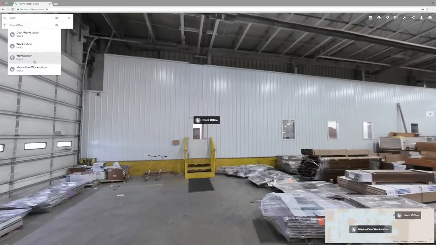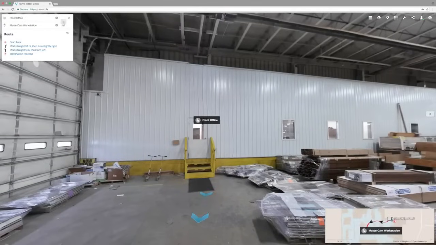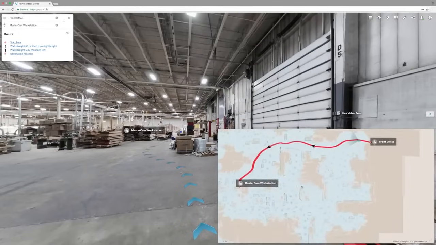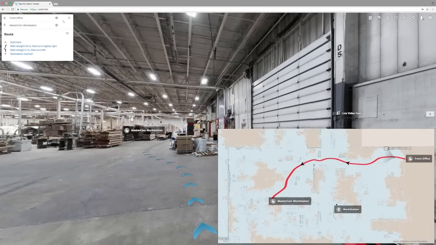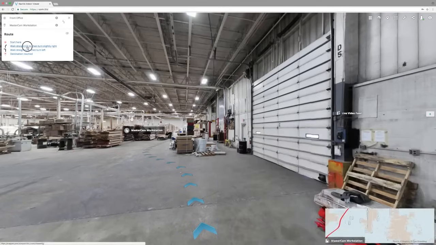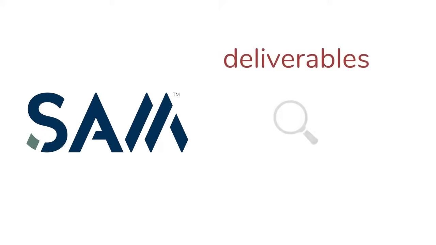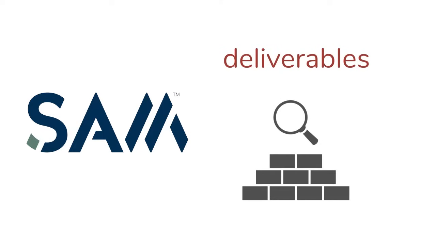With our partners, we can integrate mobile app turn-by-turn indoor navigation. This uses images and point clouds for precise location-based indoor routing without the need for unreliable Wi-Fi beacons or GPS signals. SAM provides a host of value-added deliverables that include fast and accurate virtual construction monitoring,